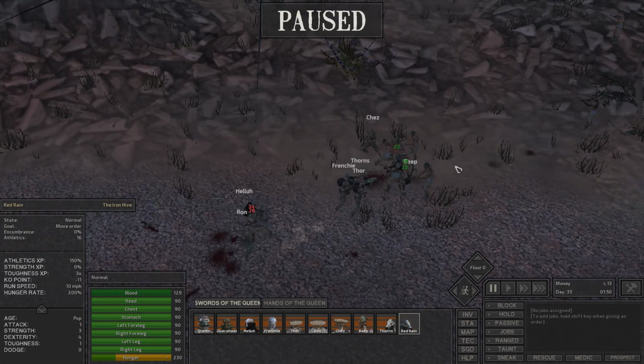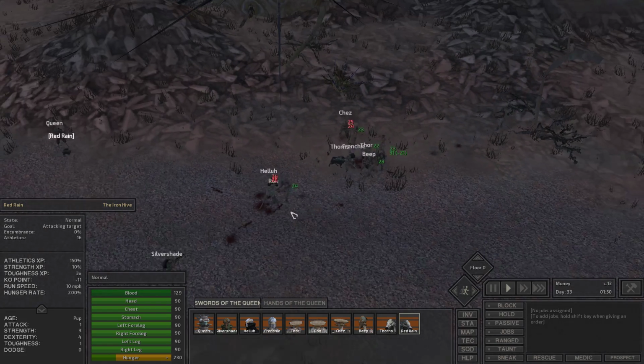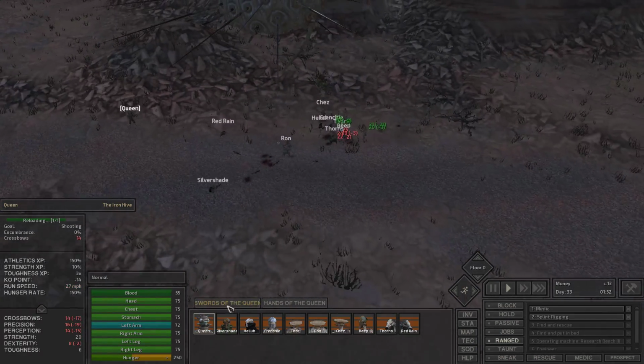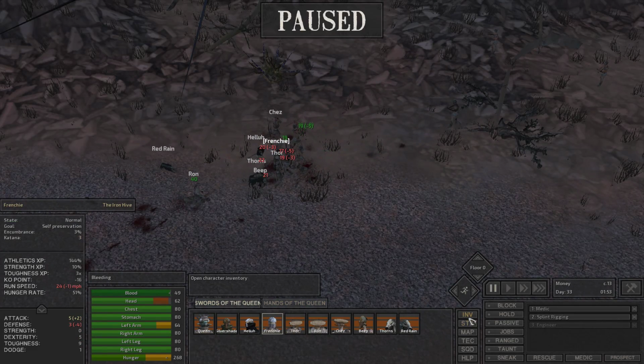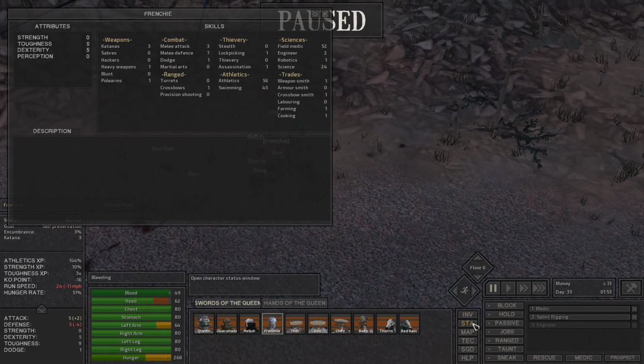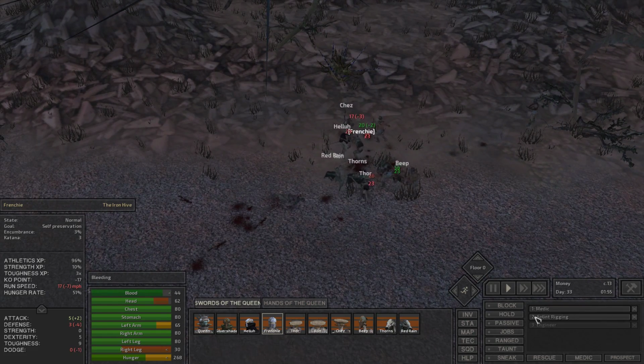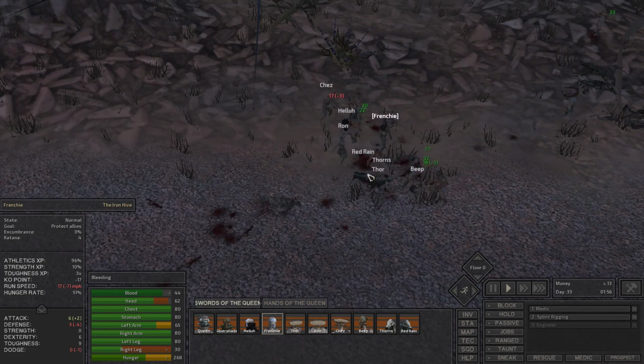I like how Red Rain is so eagerly hoppity. Ooh, Hella just got sliced up real good. And then a reminder, Frenchie is a medic, yes. I guess I could just tell because he has medic skills, but...